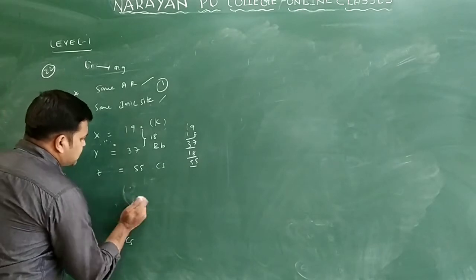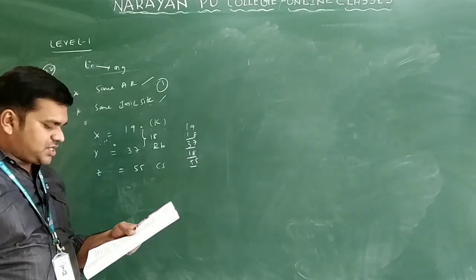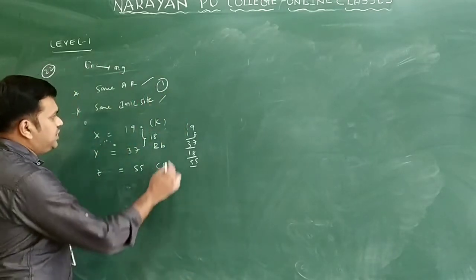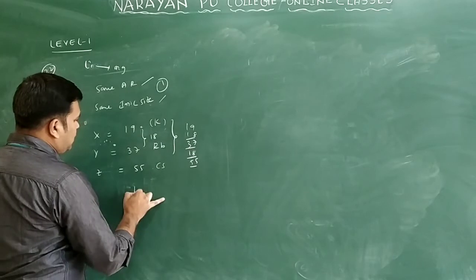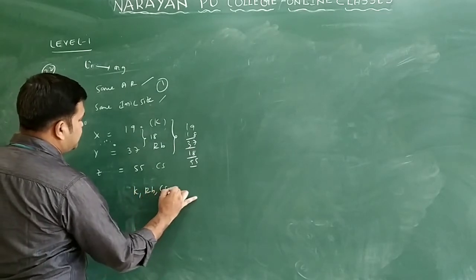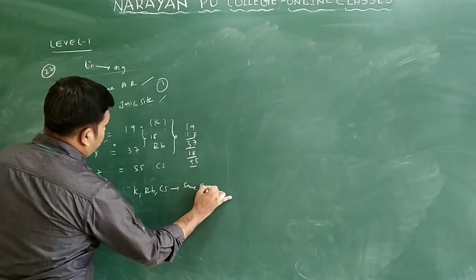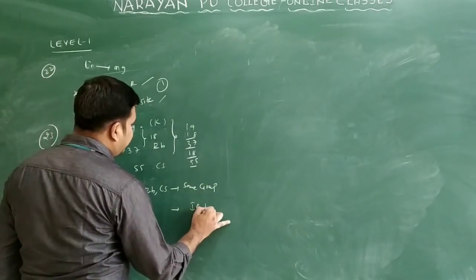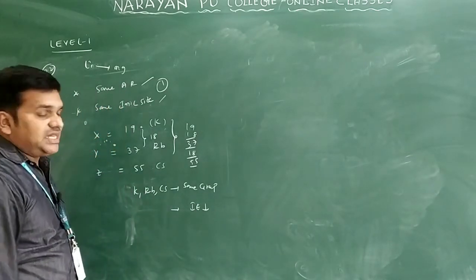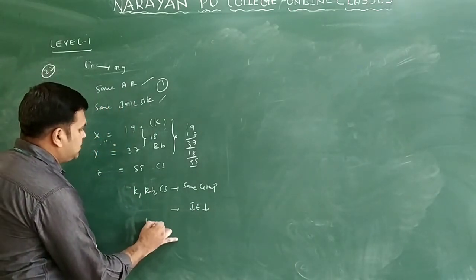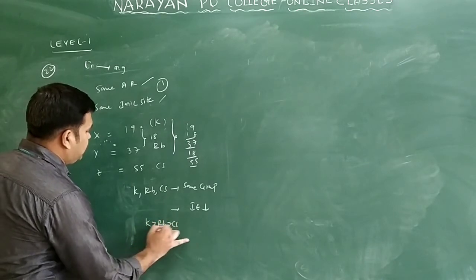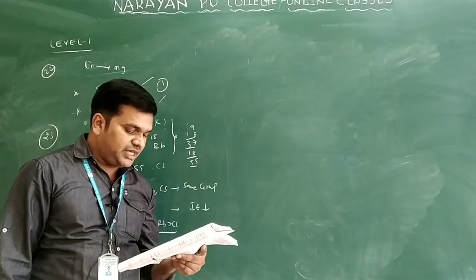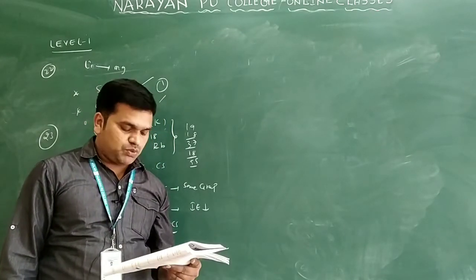Now here they are asking about the options you can see. The ionization potential would increase with increasing atomic number. These are group elements only. Potassium, rubidium, cesium belong to the same group. So generally, from top to bottom in a group, what happens to ionization energy? It decreases only. So which one has the highest ionization energy? Potassium is greater than rubidium, which is greater than cesium. The first option says ionization potential would increase with atomic number. It decreases only.